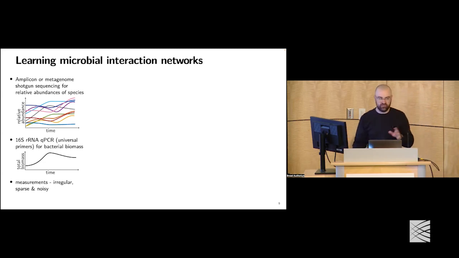Notice we have two data modalities. We do this because, with sequencing, read depth is not quantitative. So you actually won't get the entire bacterial load from either amplicon sequencing or shotgun sequencing. So in addition to doing sequencing, we also do qPCR measurements to try and get a handle on the total bacterial load. Especially with the kind of perturbations we add, the bacterial load can change significantly, and we don't want to just be left looking at relative abundances